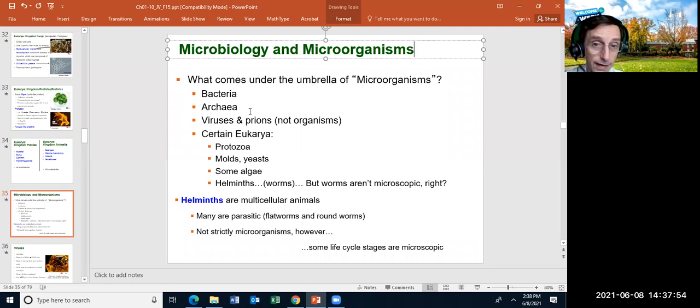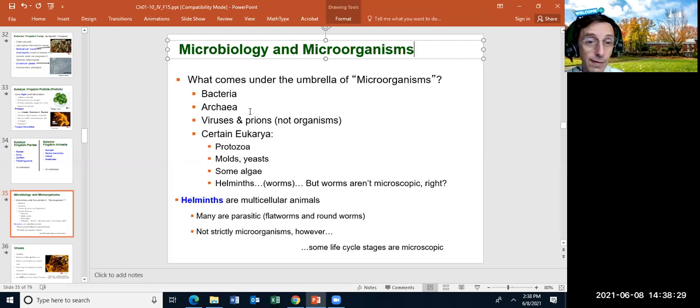So some of the stages of the worms are microscopic, even though most worms are, as an adult, not microscopic. Like the beef tapeworm, I think it's 6 meters long. It's definitely not microscopic, but it starts life as a single-celled fertilized egg, which is then consumed. So some of the life stages are